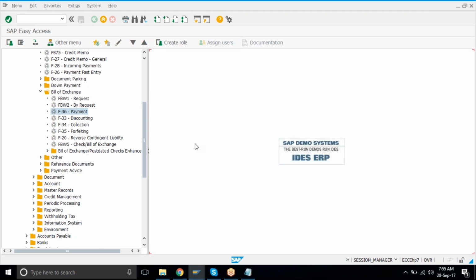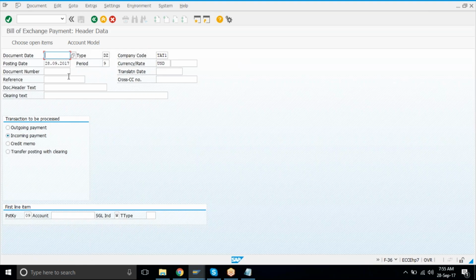You can just maintain the payment and do the reversal, it will be done. But if you want to do the discounting, I mean you want to sell your bill, in that case it is necessary that you clear that account first in your accounts. So for receiving payment through bill, you have to use F-36.